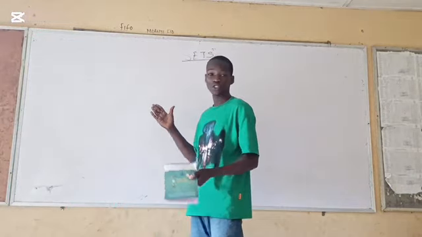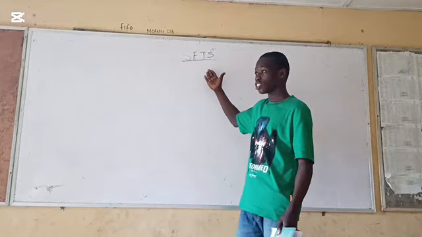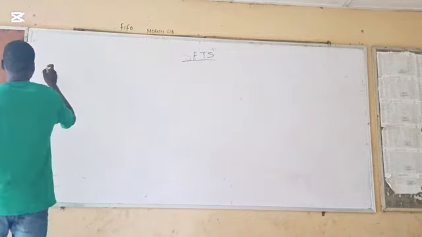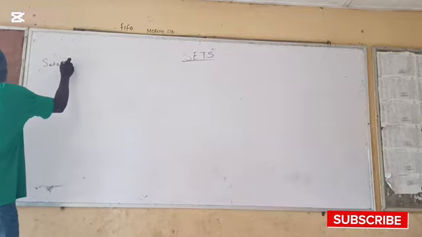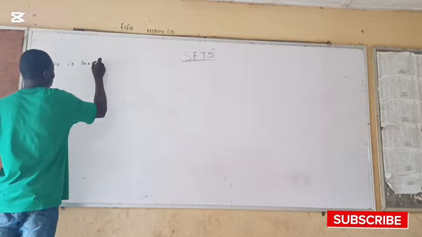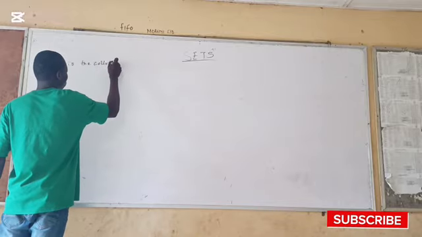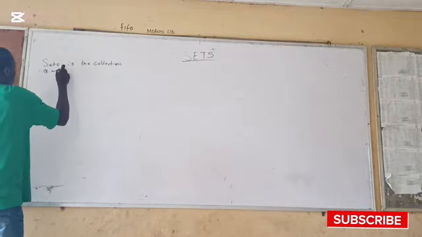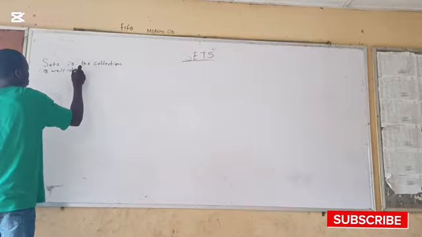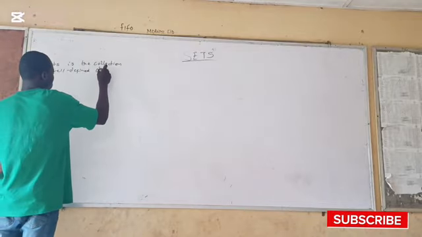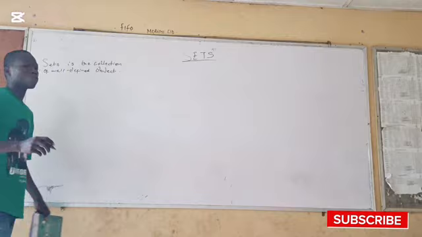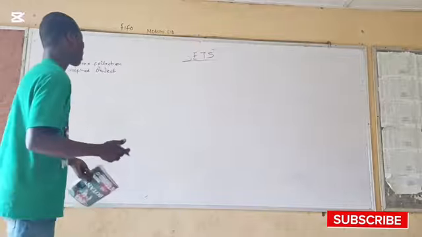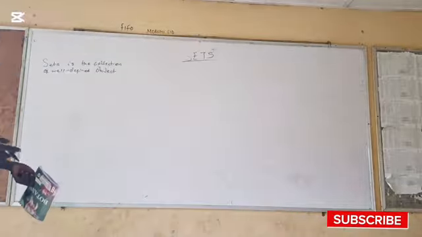So today's video will be talking about what we call sets. So what do we mean by set? Set is the collection of well-defined objects. So set is the collection of well-defined objects, and a set is written in capital letter, and also